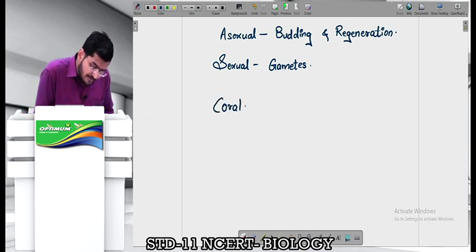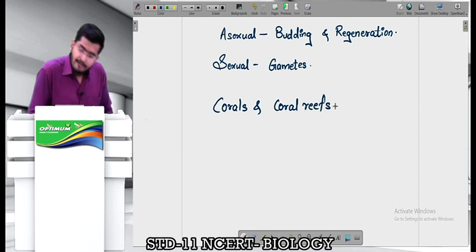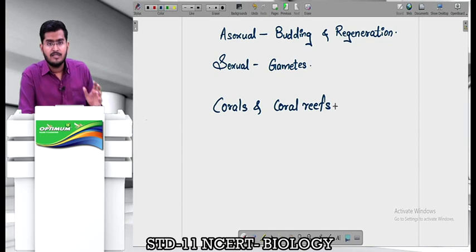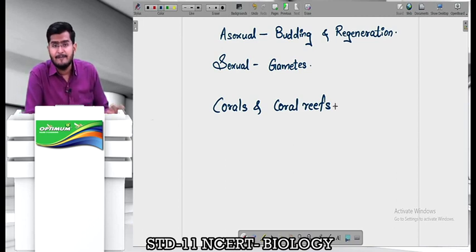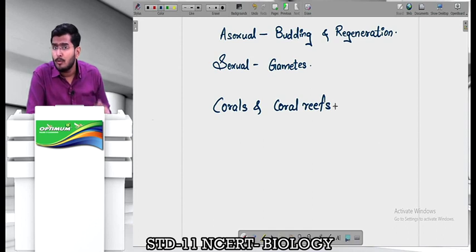All corals and coral reefs belong to the phylum Coelenterata. तो जो beautiful corals होते हैं जिसके लिए लोग scuba diving करते हैं to see these corals which look beautiful in different colors, let me tell you, all corals and coral reefs belong to phylum Coelenterata. Unfortunately, because of pollution of water bodies, these coral reefs are getting bleached, they are getting destroyed. और अगर ऐसे ही चलता रहा, let me tell you that the marine ecosystem is going to be completely damaged and destroyed, because corals have a very important role in maintaining balance in the marine ecosystem.